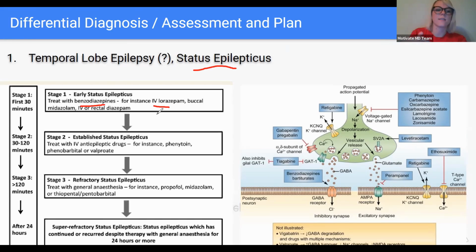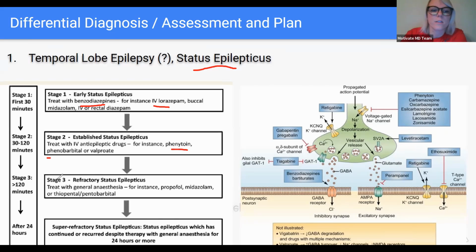So we have kind of this algorithm. And if it hasn't worked in 30 to 120, we usually treat with phenobarbital or phenytoin, usually phenytoin, which is an anti-epileptic drug. And then usually if this goes on for greater than 120, we do things that are often general anesthetics, so things like propofol, midazolam,